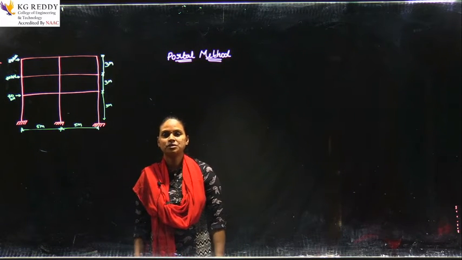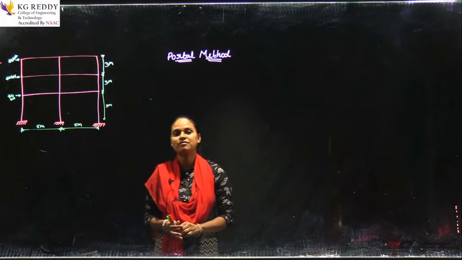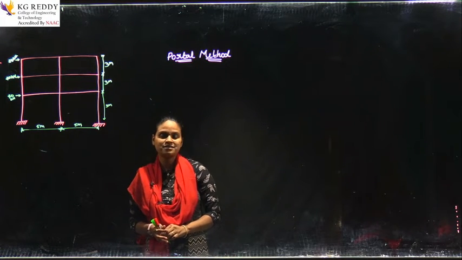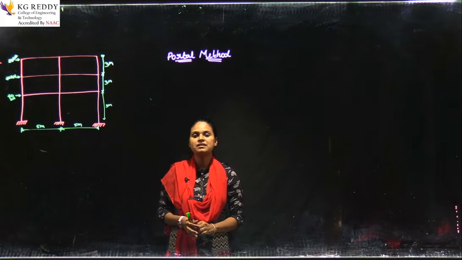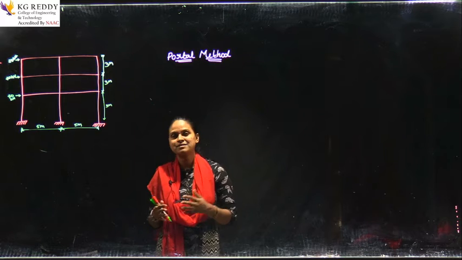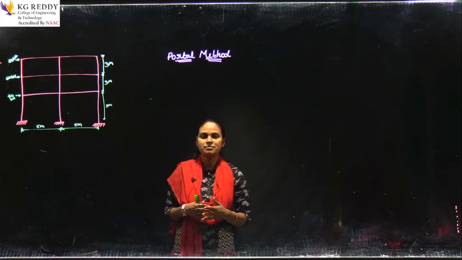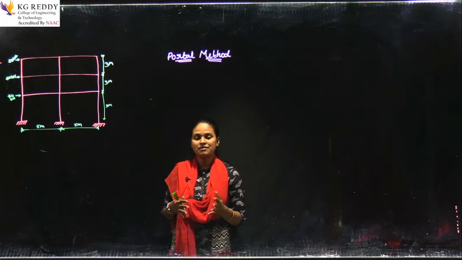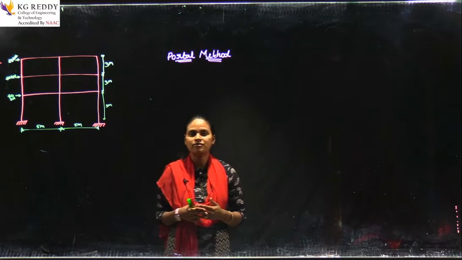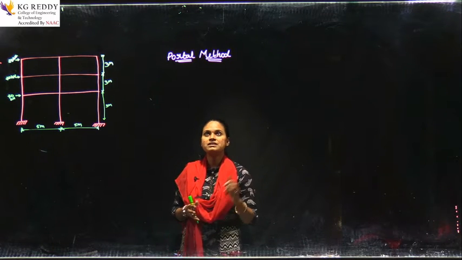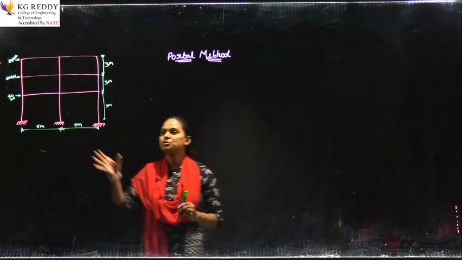Hello students, today in this class we will be learning about approximate method of analysis. In Structural Analysis 2, we have Unit 3 as approximate method of analysis, where you will be learning about analyzing a frame in different methods like portal method, cantilever method, substitute method and factor method. We have different types of methods for the analysis of frames, right. So first in this video we will be learning about portal method, and I will show you one problem based on that.